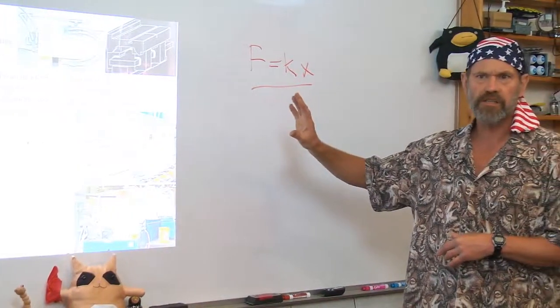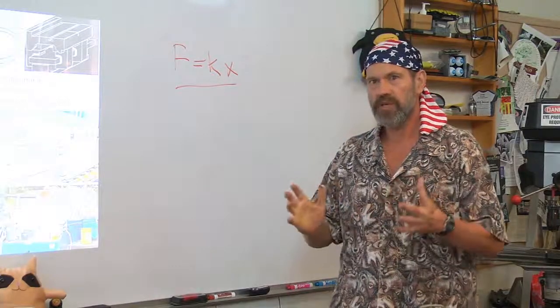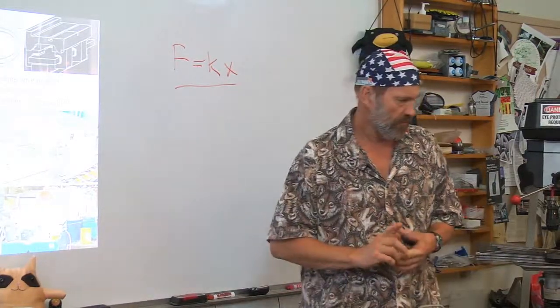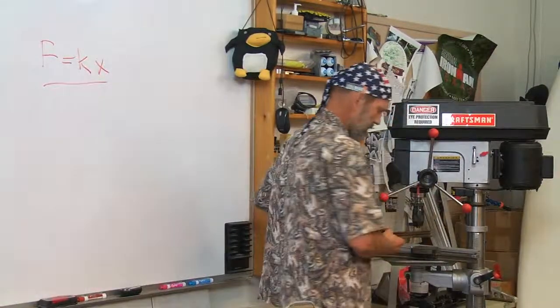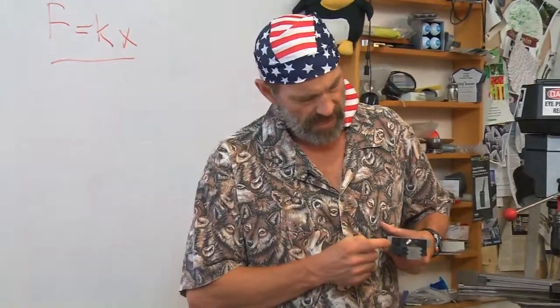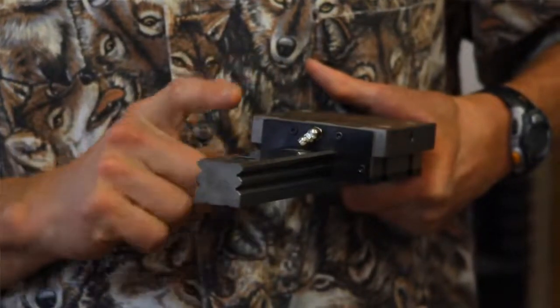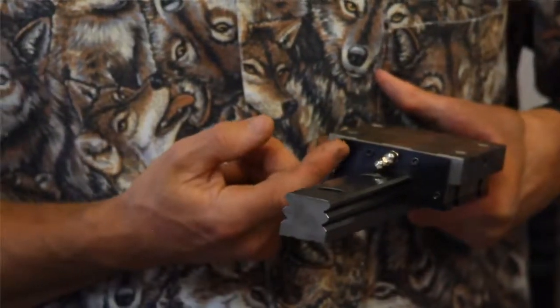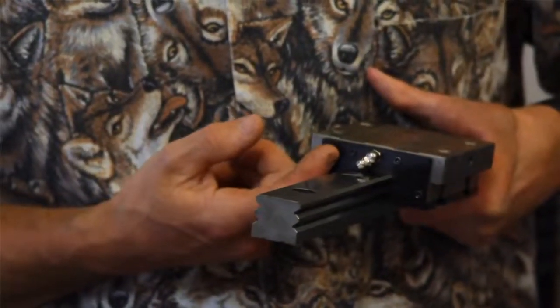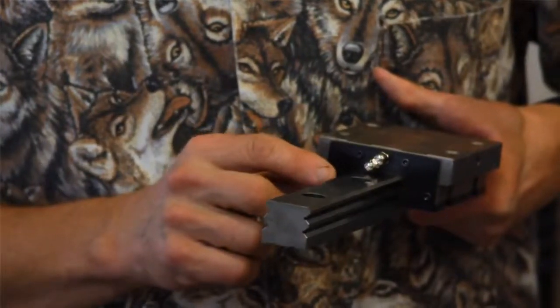Almost all machines that have any precision use in manufacturing use preloaded bearings. Remember these modular bearing elements we had? These are preloaded by the way the grooves in the carriage and the grooves in the rail interact with each other via the recirculating rolling elements, or the balls. And the way they do that is that the space between the